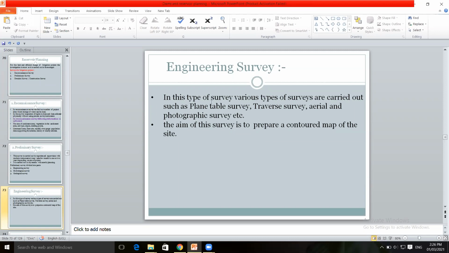From the survey, you calculate the different RLs by using various methods: height of instrument method, rise and fall method. You calculate the different RLs of the areas at different locations. By calculating the RLs, you prepare the contour map. Given the contour interval, you draw the contour map. From that contour map,